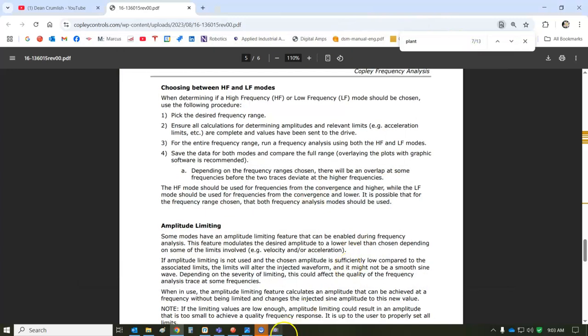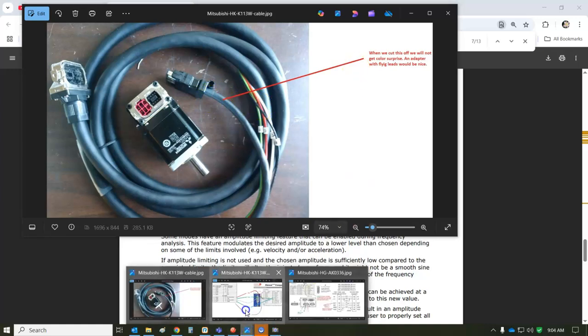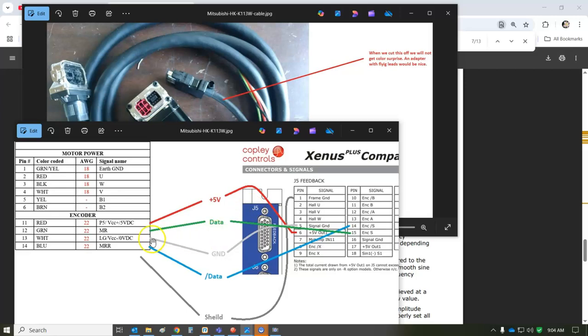But let's take a quick peek at the wiring because that comes up. So I just busted open this connector for the feedback, and there's HK wiring. So you got your power on red and white, okay? And you got your data on green and data not on blue. And then there's the older